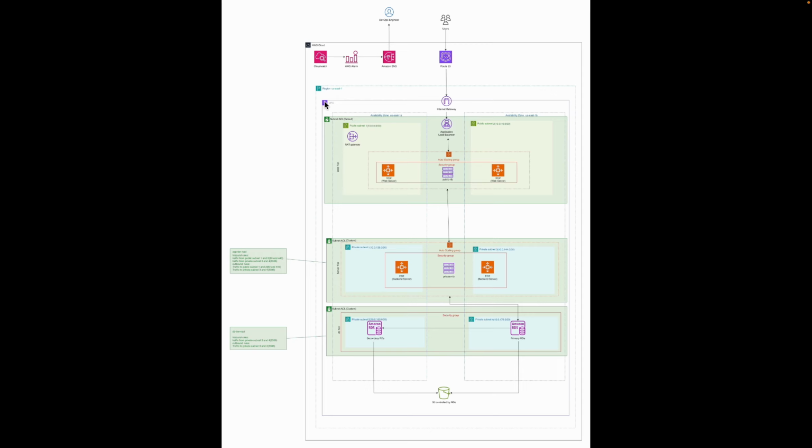The VPC isolated infrastructure with two public subnets hosting web servers and a NAT gateway, and four private subnets for backend servers and Amazon RDS instances, ensuring security and redundancy across two AZs. Route tables managing public and private traffic, using Internet Gateway for web access and NAT Gateway for secure outbound traffic